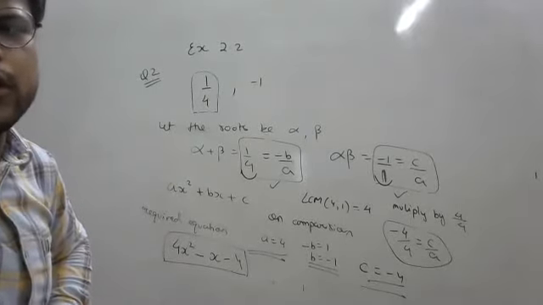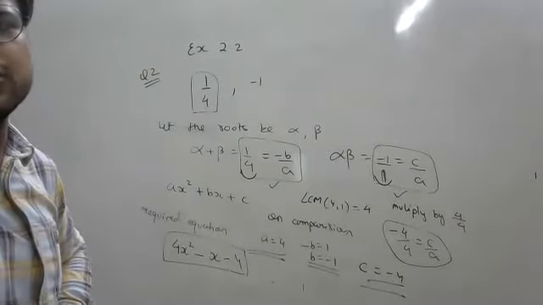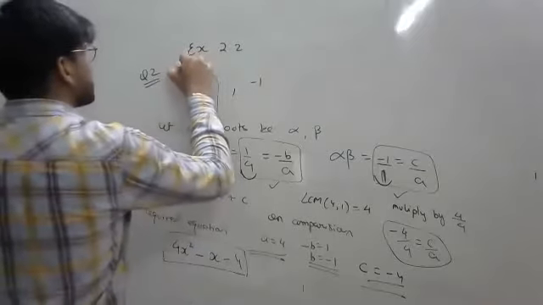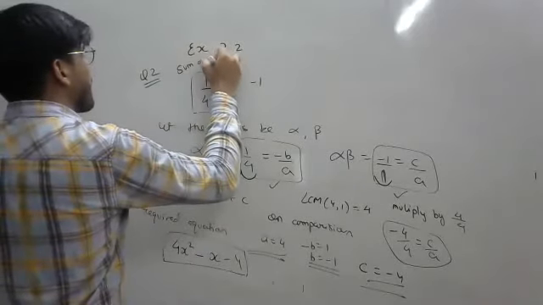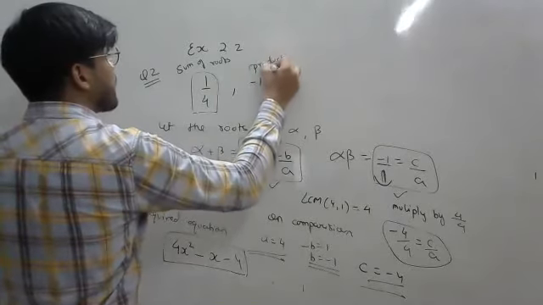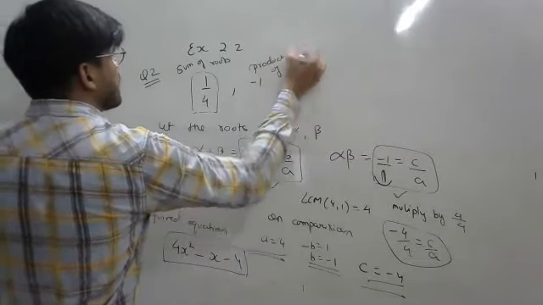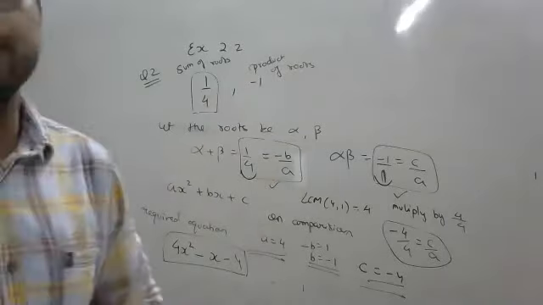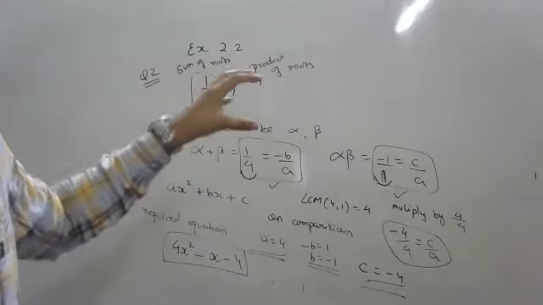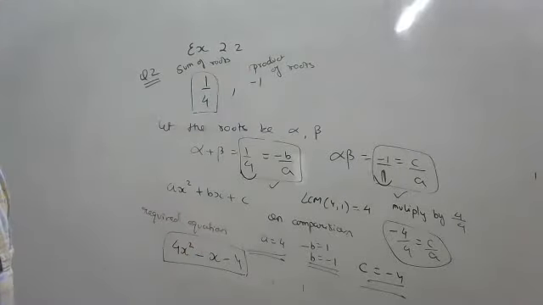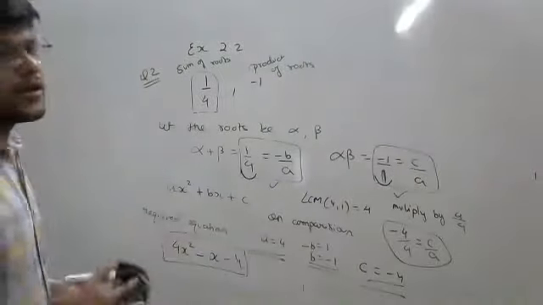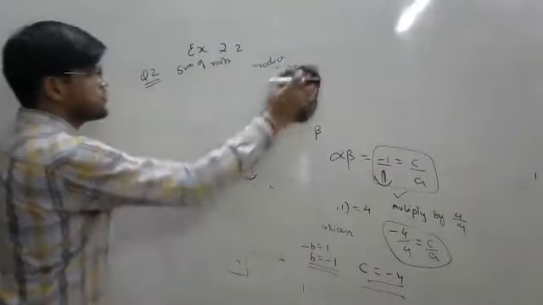What actually we are doing is, in this particular question, they have provided us with the sum of roots and product of roots. And out of this particular information, you are forming the quadratic equation. So we are getting the quadratic equation. Let's solve one more question to give you a better understanding.